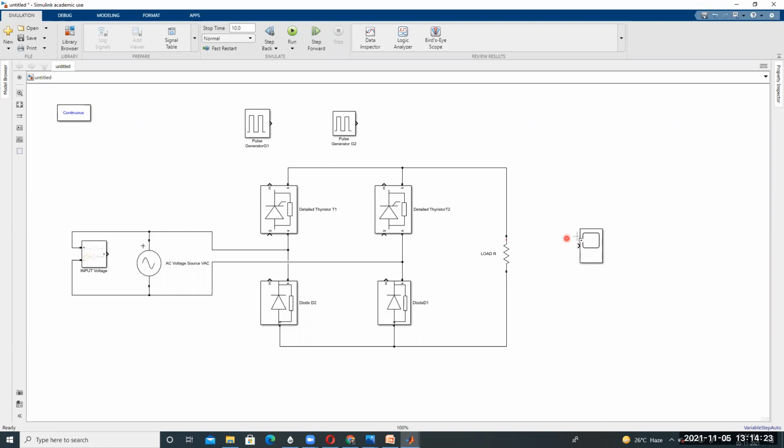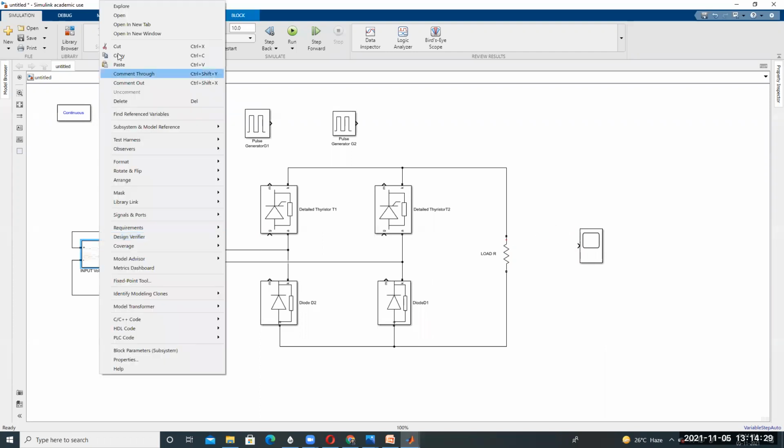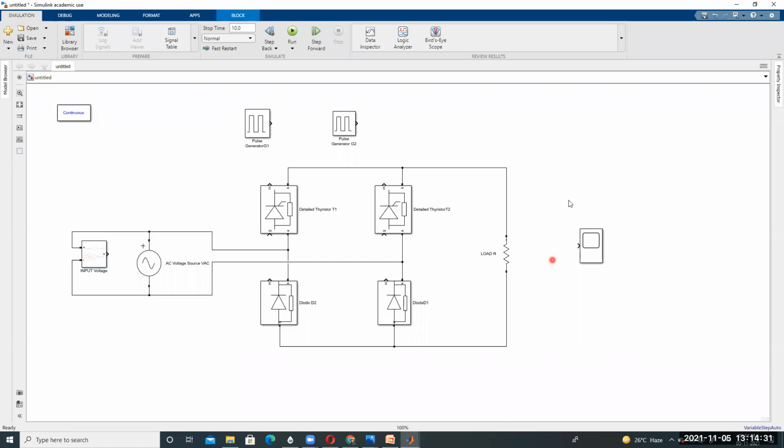For example, to observe the voltage across the load, we need one voltage measurement. Copy this icon and paste it here, connect one voltmeter, and connect the scope like this. So this is one port.